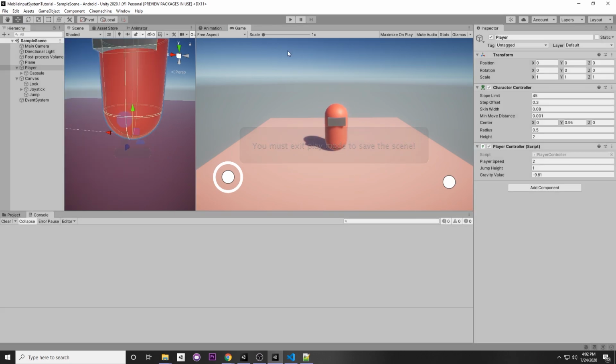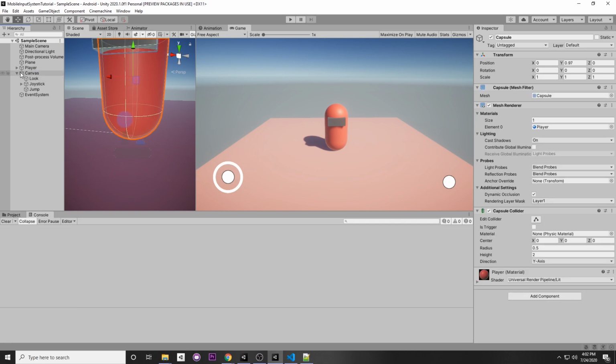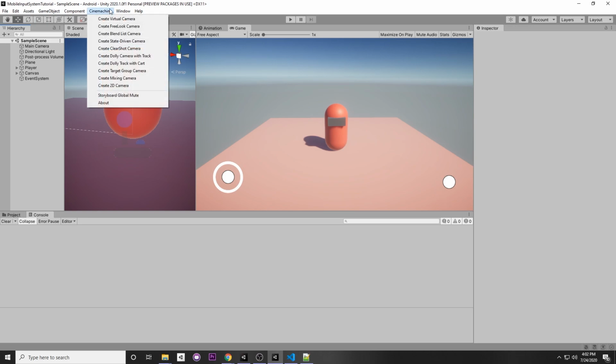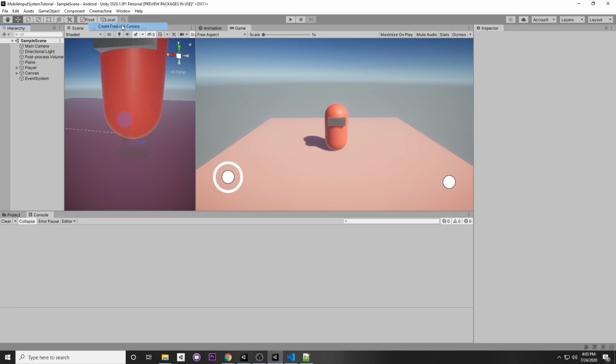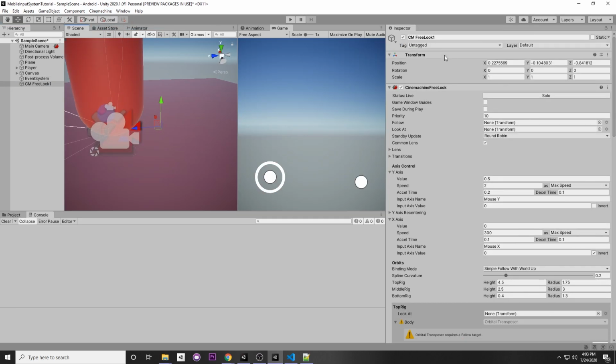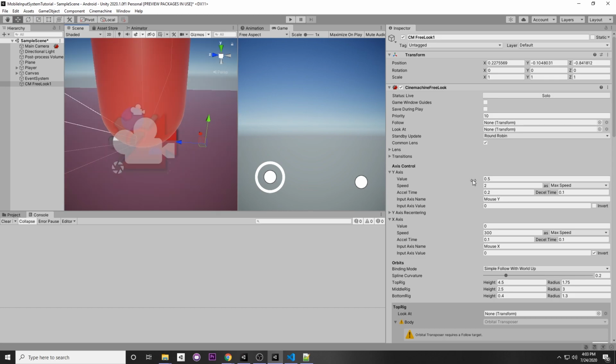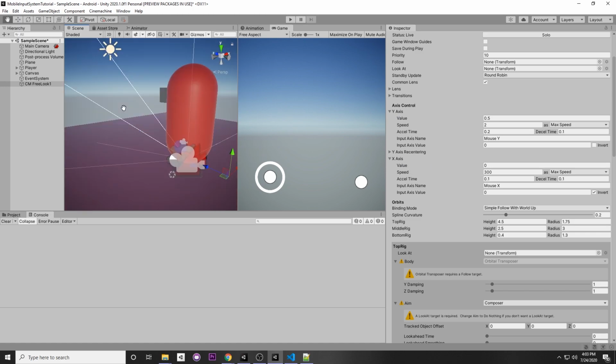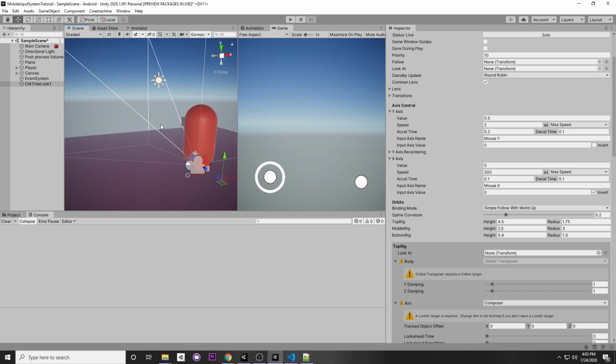Awesome. So now let's add in a camera follow with Cinemachine. So this is not a Cinemachine video because that's a whole topic. There's a lot of Cinemachine cameras, so this is just like the basics to get you started. So up here we're going to want to go to Cinemachine and create free look camera, and the free look camera allows you to override its values. As you can see here, it has axis controls, y-axis and x-axis. We're going to override those values,